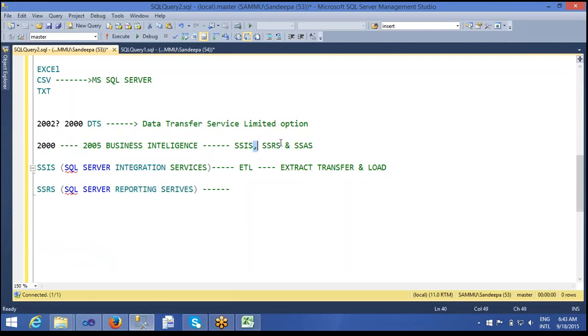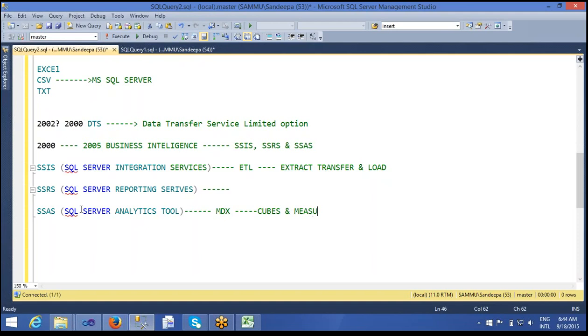So here SSIS, SSRS stand. What is SSAS? SSAS is also one of the powerful tools. It's in data warehousing. It is called a data warehousing tool where we can analyze the data. It is nothing but a SQL Server analytics tool, where we can create our own KPI reports, key performance indicator reports, dashboards from that data and everything. SSAS is also a powerful tool, and here we also work on some MDX queries. They are multi-dimensional queries, and we create some cubes and measures.